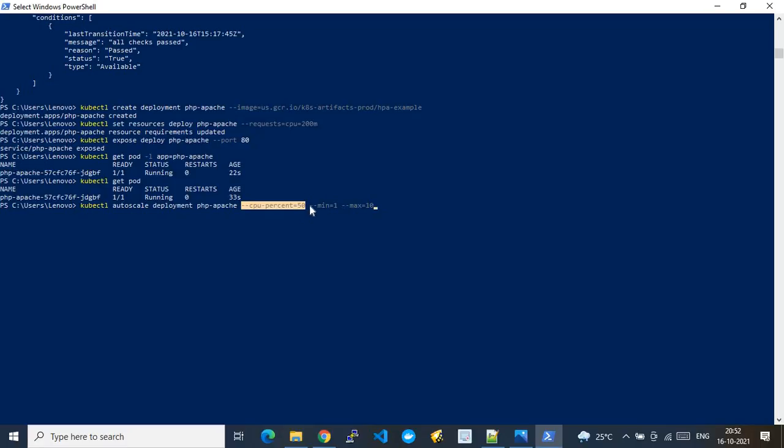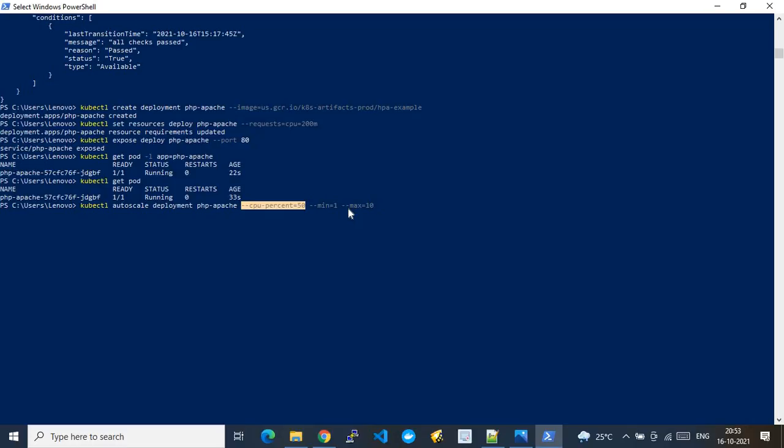If CPU usage is equal to or greater than 50 percent, then a minimum of one pod has to be increased. And at maximum, how many pods can be horizontally scaled is up to 10. In the sense, whenever the CPU usage is high, it can scale one pod at a time, and at max it can reach a maximum pod count of 10.